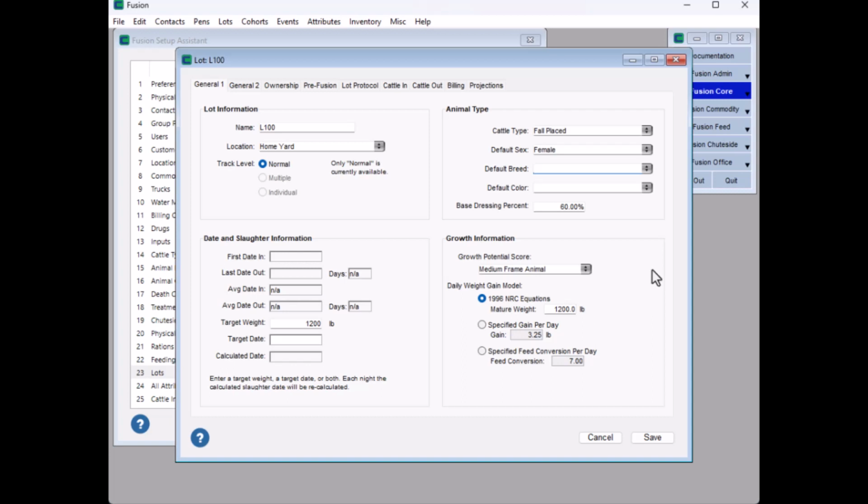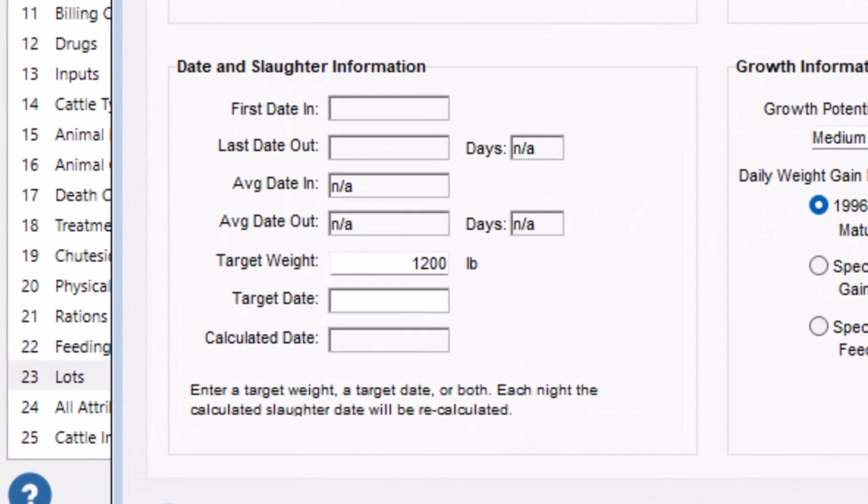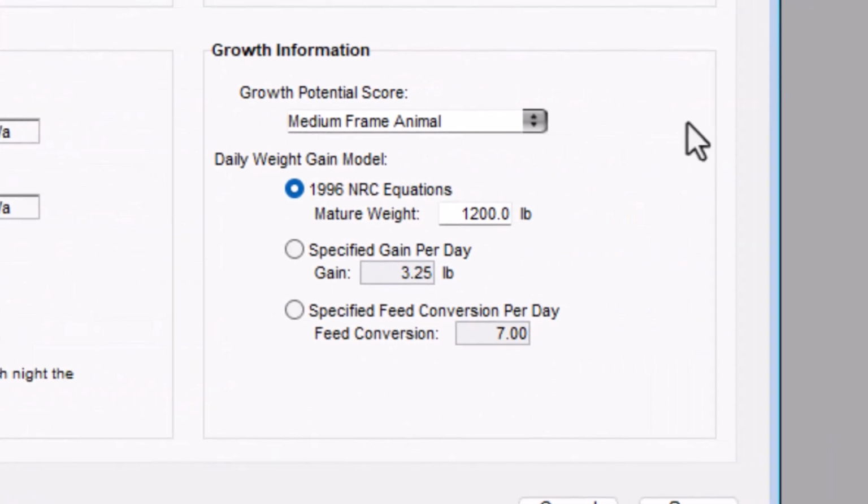However, let's briefly explore a few other areas where you might want to enter information. If you know the target slaughter date and/or target slaughter weight, you can enter that information. Fusion will later use this to project a slaughter date based on certain rules, which you can find in the documentation if you're interested. Similarly, you might configure the growth information so that Fusion can calculate weight gain each day